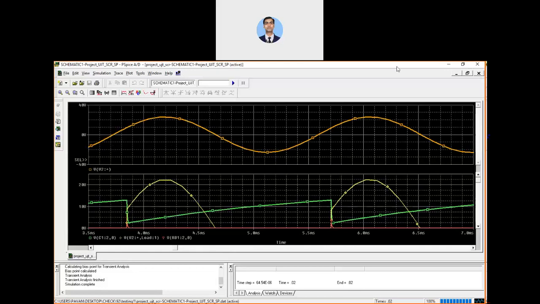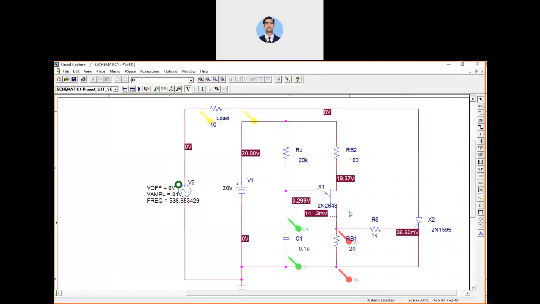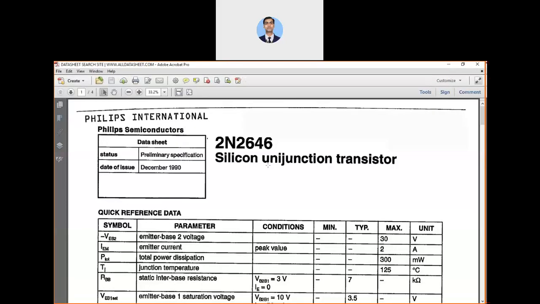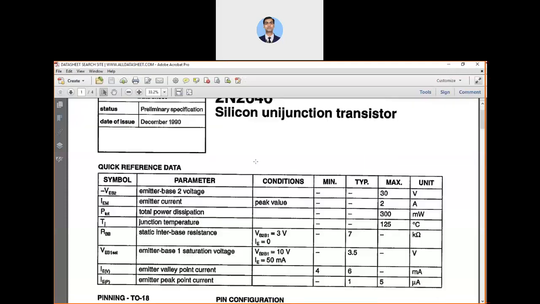I also want to tell you that if you want to study the specification of the 2N2646, you can download the data sheet. I am following this data sheet, released by Philips Semiconductor Devices, in which several data related to the UJT are given.